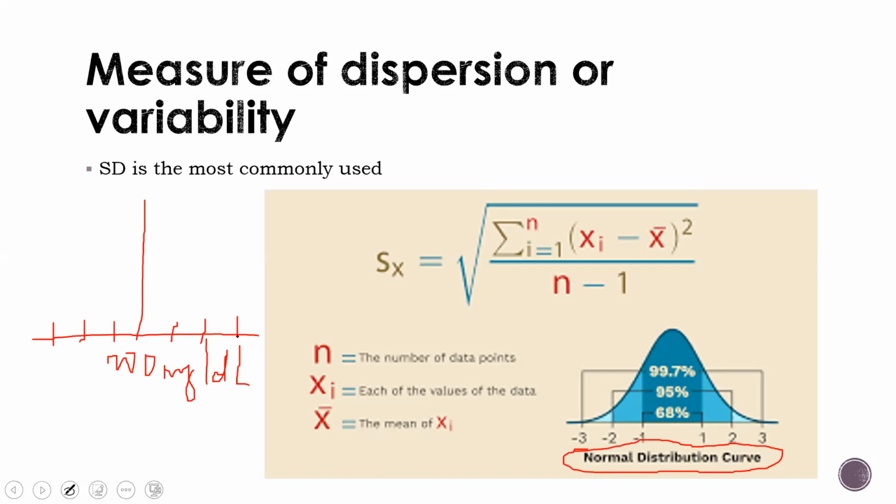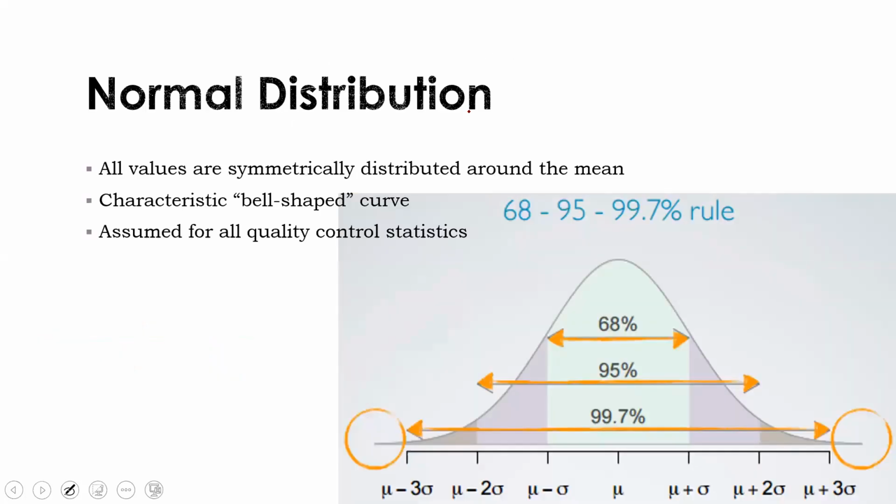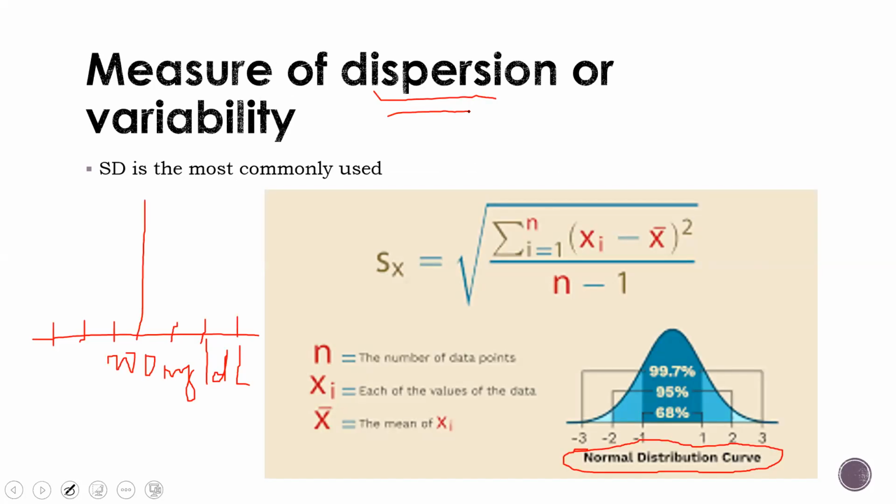Kaya tayo merong central tendency. Gaano kalayo yung values, dispersion ng values from the mean. So, we use standard deviation. So, standard deviation is square root of summation of X minus the mean squared over N minus 1. So, yan. Sabi ko kanina sa inyo, we need this one. We need to know the mean and we need to know its dispersion gamit ang standard deviation para ma-plot natin